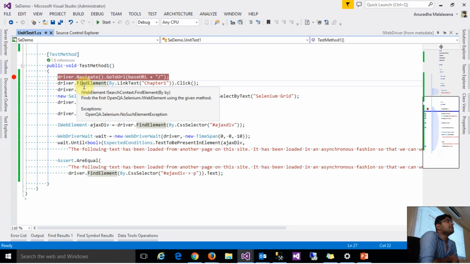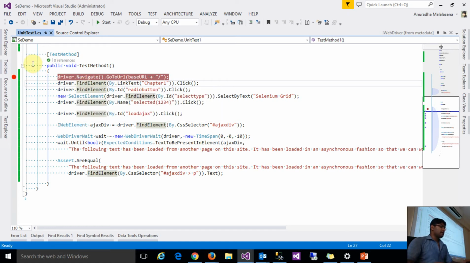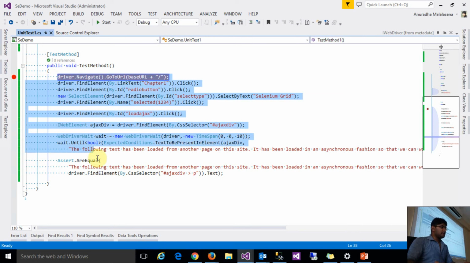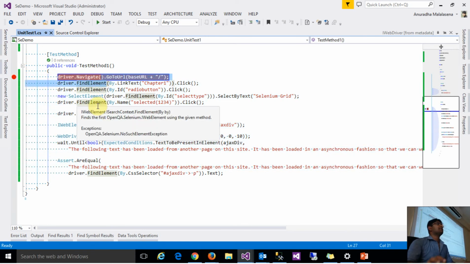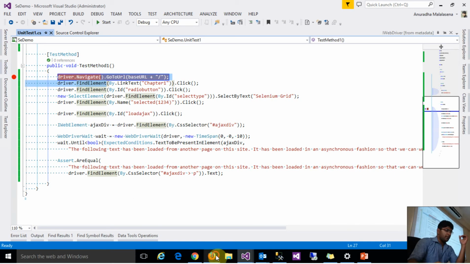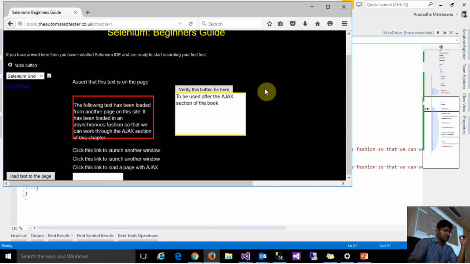Go ahead. Yes. Will the command names be the same, or do they change? These commands? Yeah. So actually, let me open up the